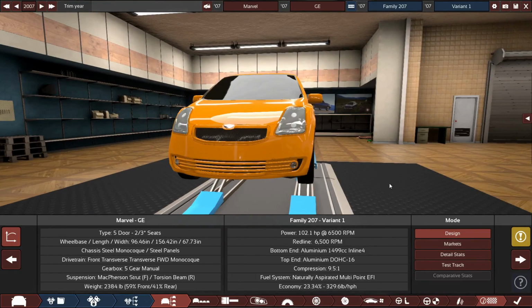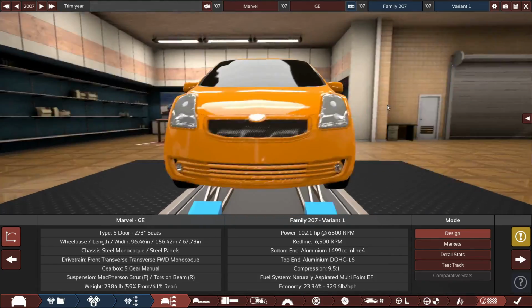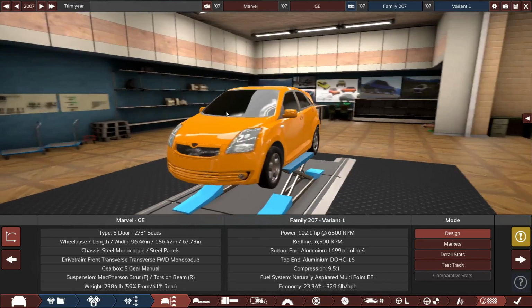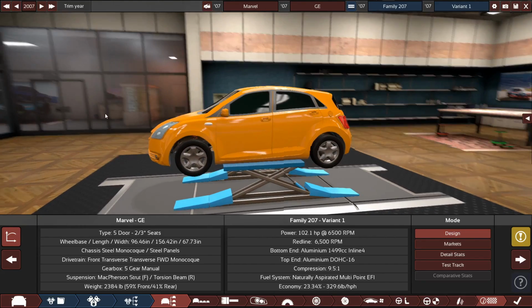I don't know. It looks very similar to a Yaris. Biggest differences, of course, are these extra vents down here, which I think make the car look a little bit sportier. It is quite a plain vehicle overall, and I think that adds a bit to it. The side, there's nothing to do for the side. This car is just